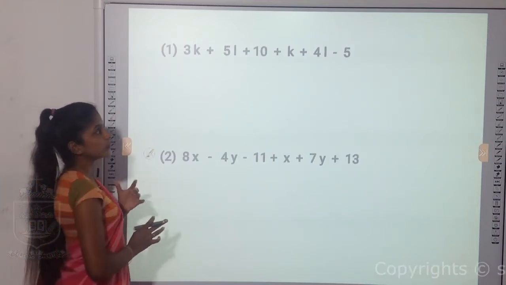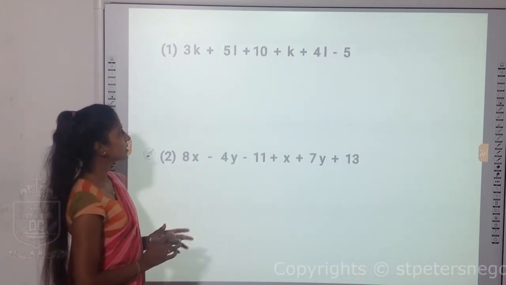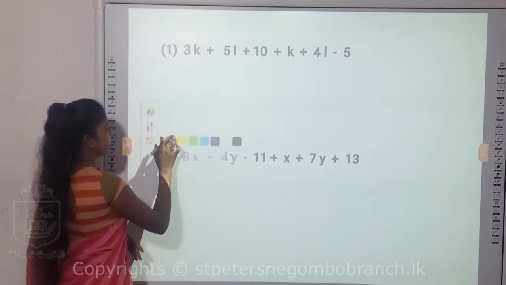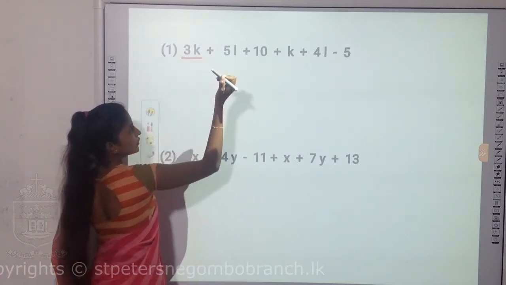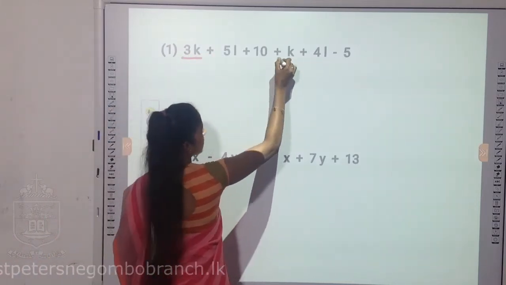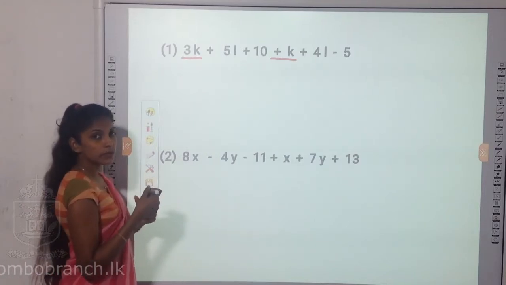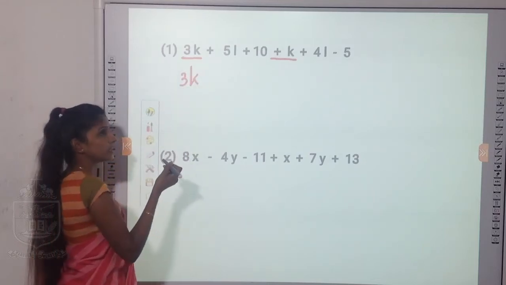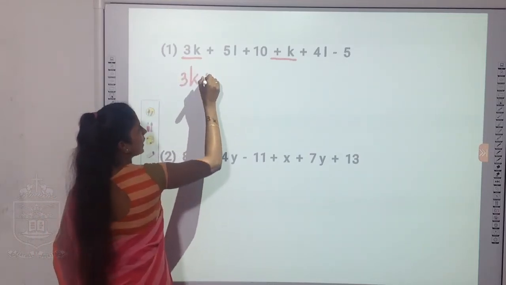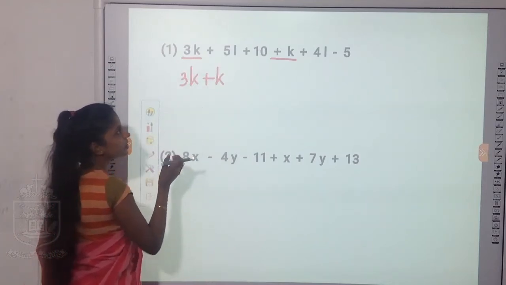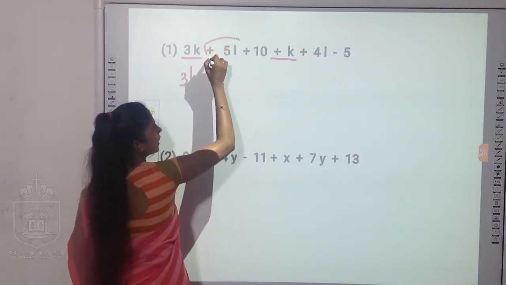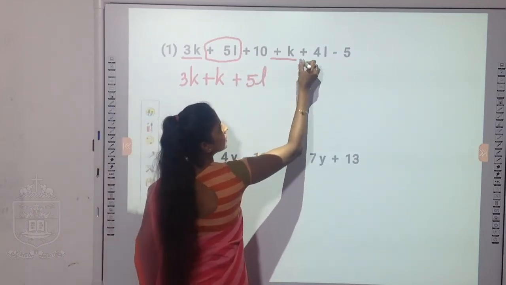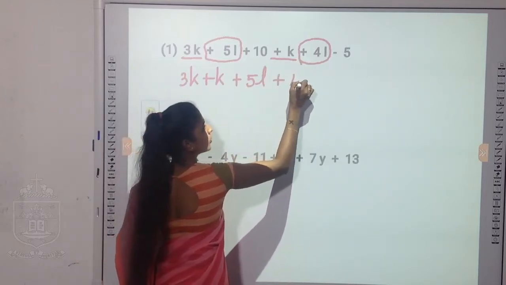So let's see how we can simplify these types of algebraic expressions. Here there are many terms, right? Two different unknown terms are there. K, right? 3k. If you look at the k terms, there's another k term there. So you can add them since they are like terms. I can take them closer and write like this, or you can simplify it in one step also. So 3k plus k can be taken since they are like terms. And I'm going to take the l terms. This 5l, plus 5l. There's another term in terms of l, that is plus 4l.